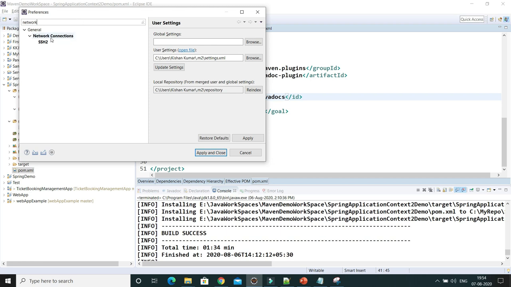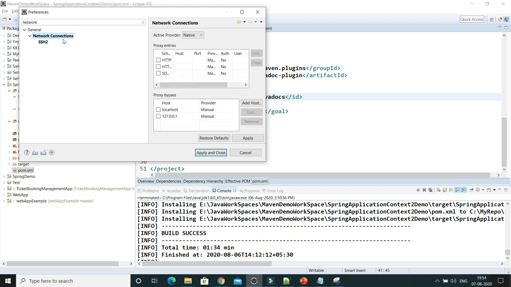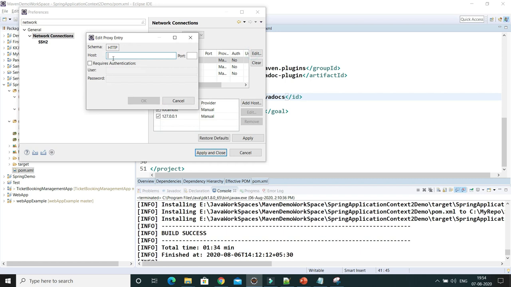Once you type network, you'll get the option Network Connections. Then select the active provider as Manual and click on the first option, which shows HTTP. If you are working with HTTPS, click on HTTPS, or if your protocol is HTTP, click on HTTP, then click on Edit, and here you need to specify your host name.